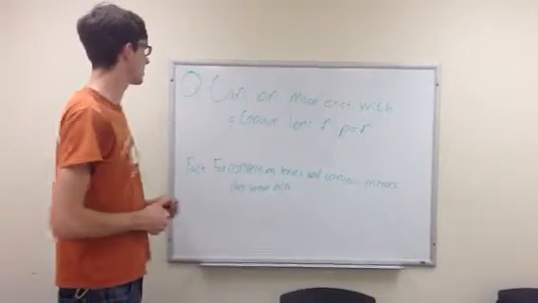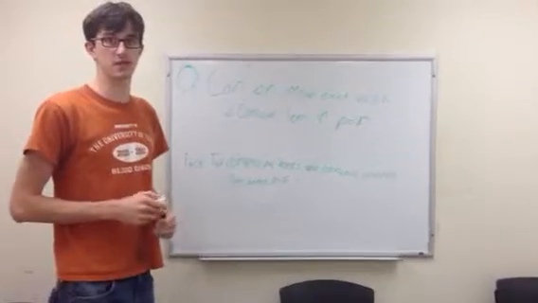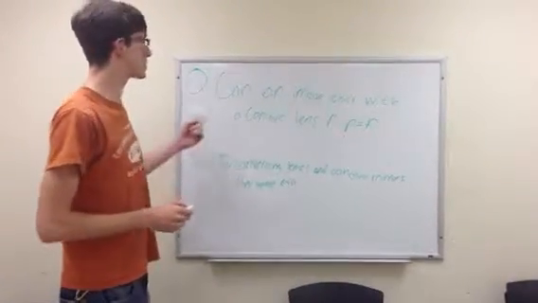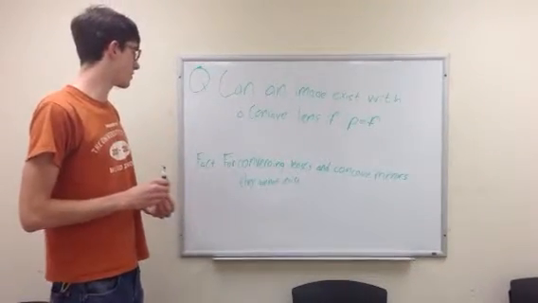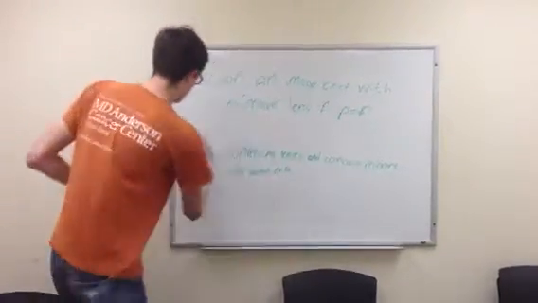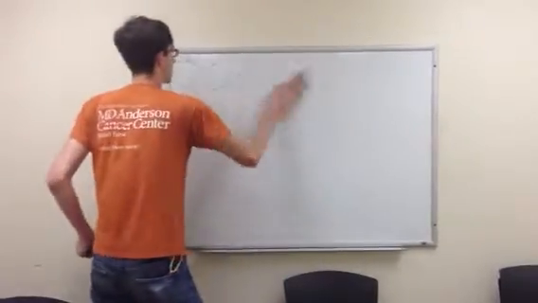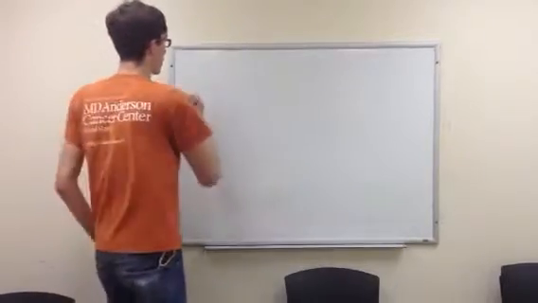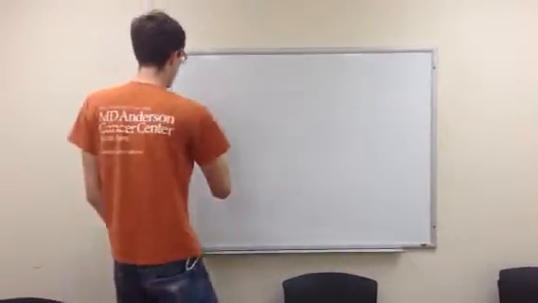All right, my question is, if an image can exist with a concave lens, if P, the object distance, is equal to F, the focal length. This question is based on the fact that for converging lenses and concave mirrors, if P is equal to F, the image does not exist. So just like the basis behind the fact that it cannot exist with a converging lens,